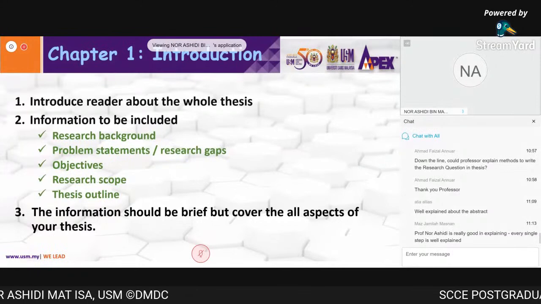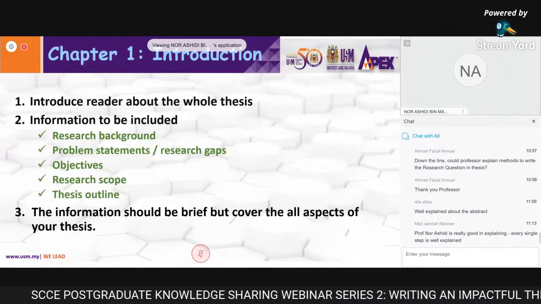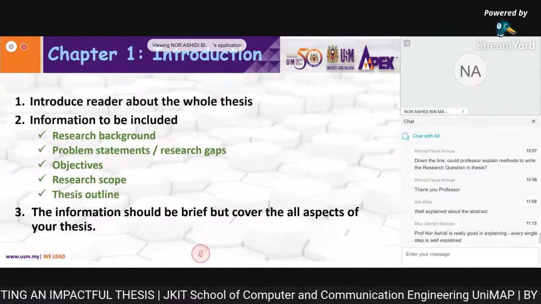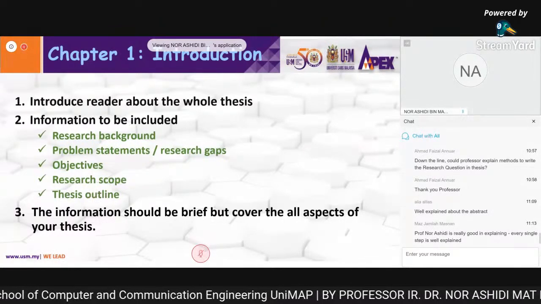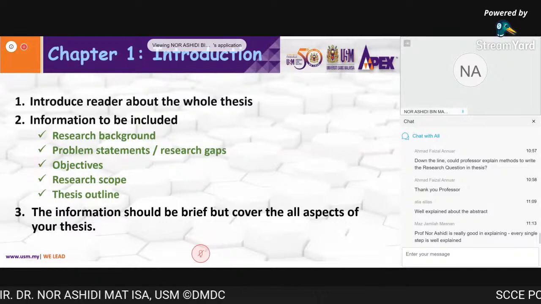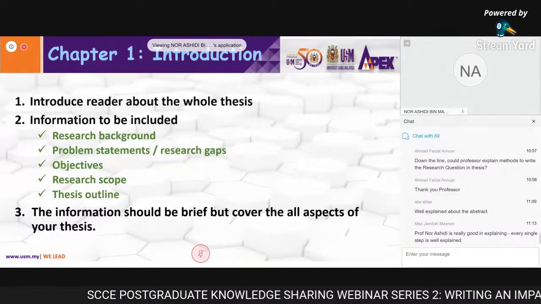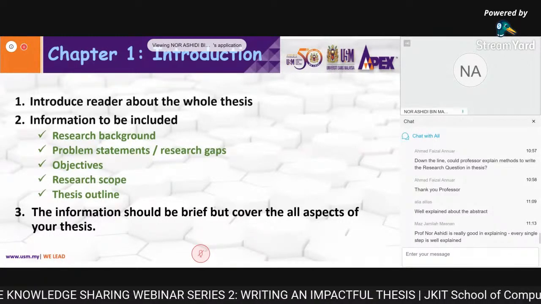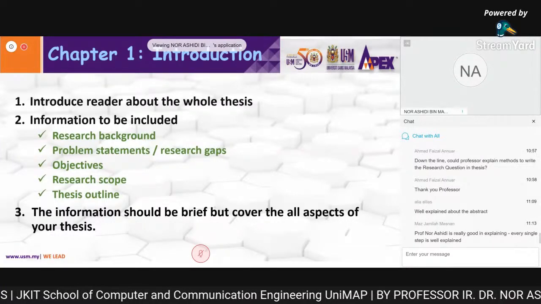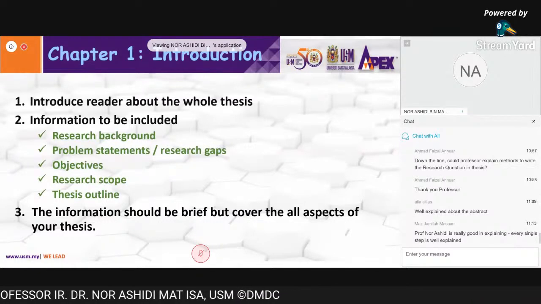Okay, so the next one is research scope. As I mentioned, research scope is very important, most important, to make sure that readers or examiners see the limit, the boundary of your research. You are not able to do everything from A to Z. You can have from A to B only. It's okay with only 2 steps, A and B, but make sure that you have a very thorough methodology, a very good analysis. You support your research gap, your objective with a very good analysis, a very good theoretical discussion, and so on.